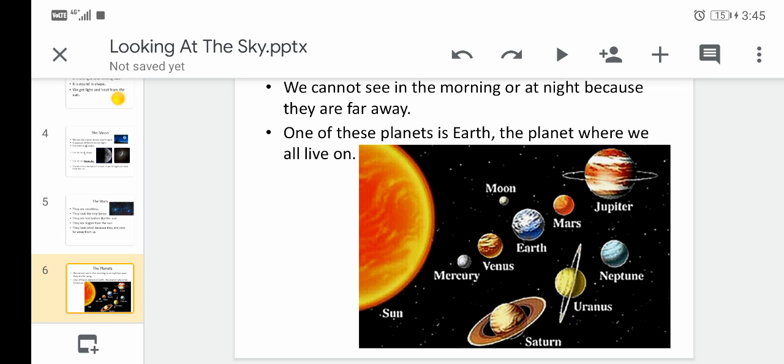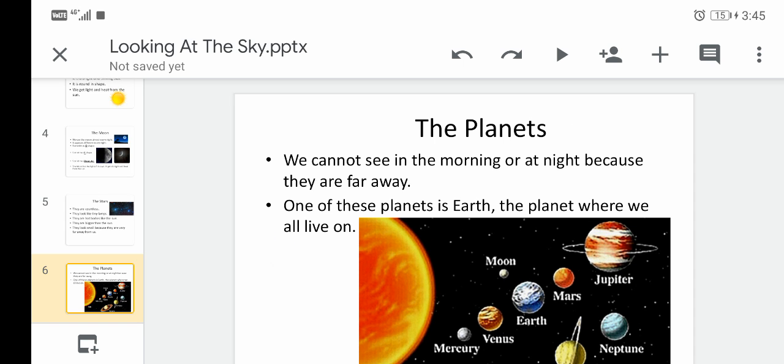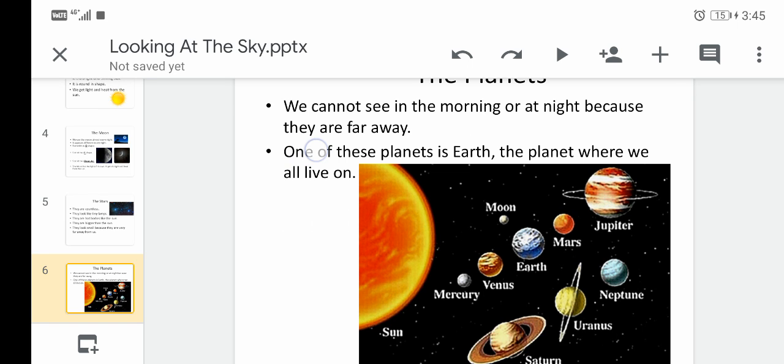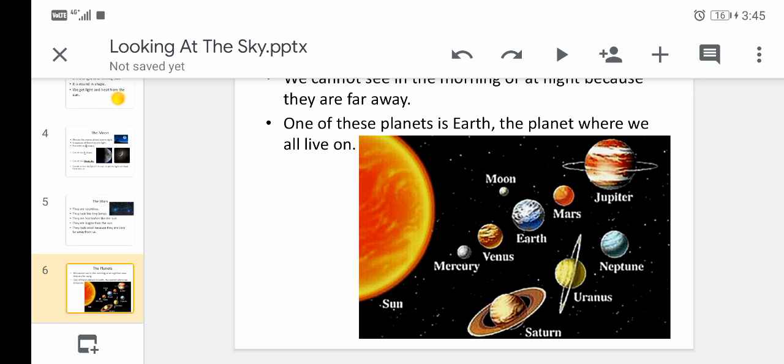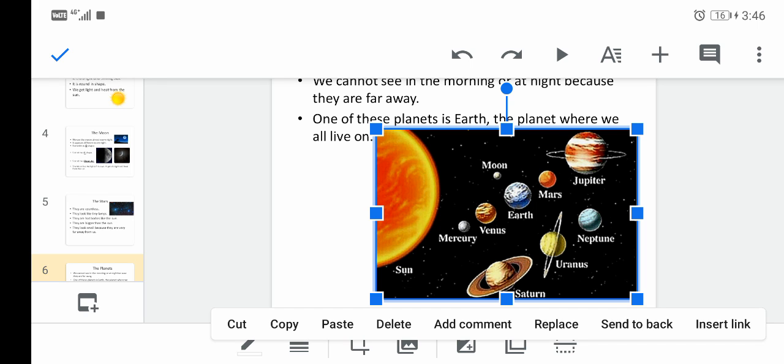The last thing we're going to learn, the planets. We cannot see the planets in the morning or at night because they are very far away. And one of these planets is Earth, the planet where we all live on. What we need to learn is reading the names of the planets only. Here's the solar system, the sun, and the 8 planets: